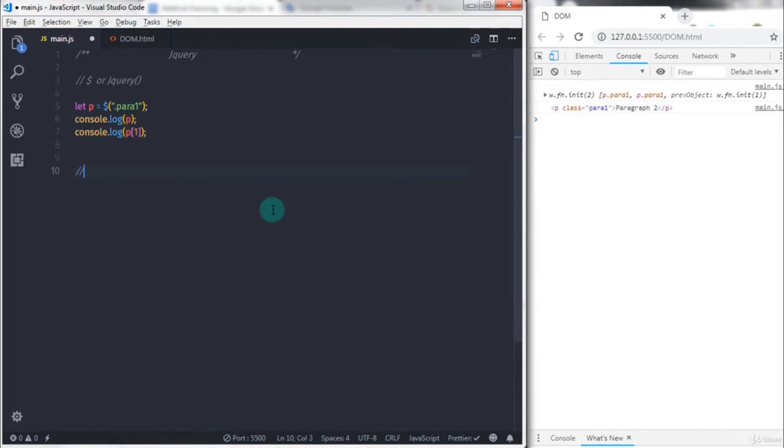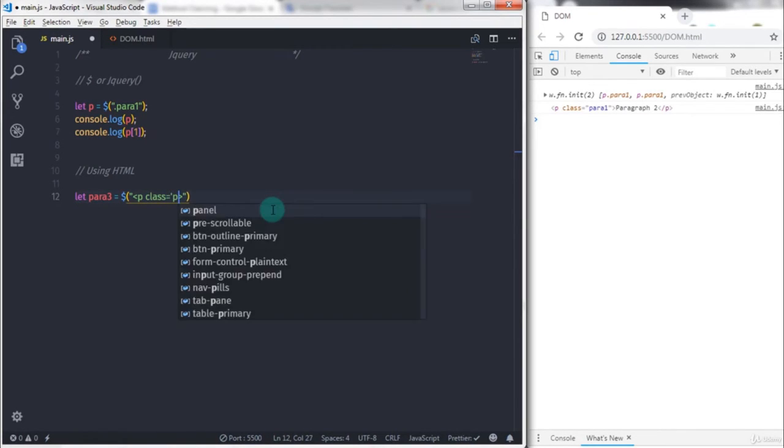Now let's understand how to call the jQuery function with HTML. Calling jQuery with HTML, on the other hand, will create a new DOM element. Creating a new DOM element using jQuery is very simple. Using only one line of code, you can create a new DOM element like this. So in the main.js file, I will say let para3 is equal to, and call the jQuery function using the $ sign, and in the